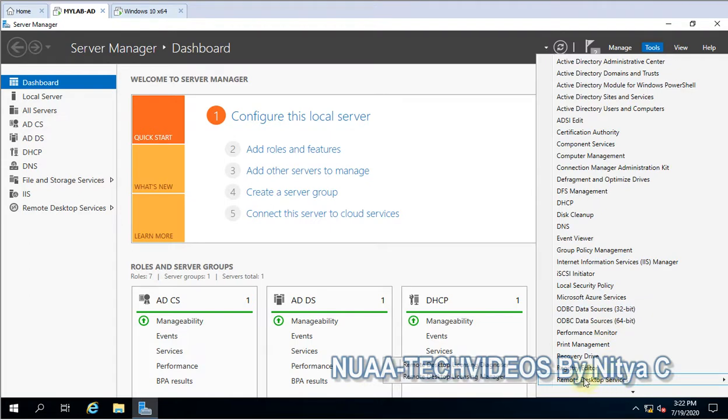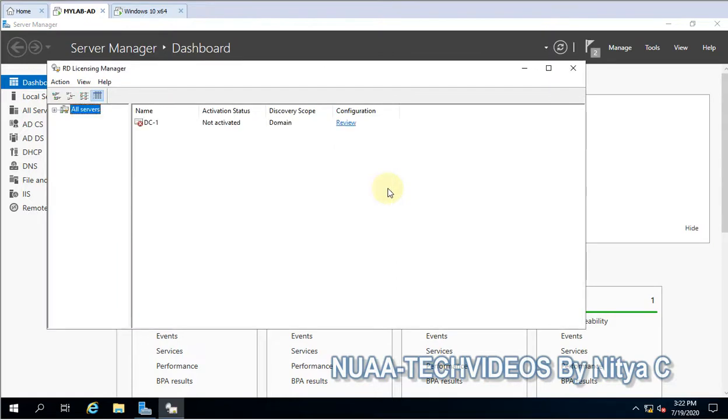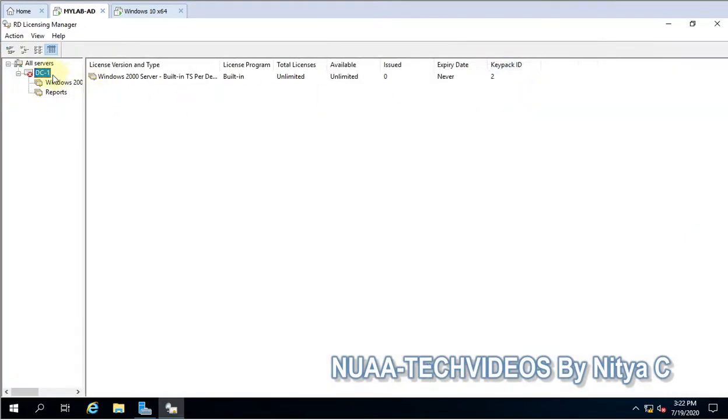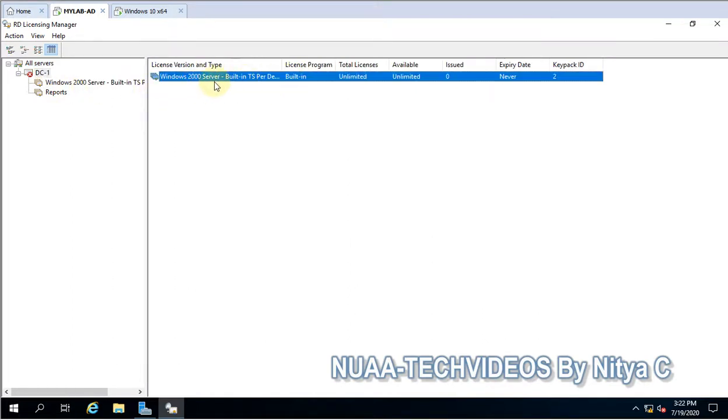After installation, you can see this service here, Remote Desktop Services, and the role, and you can see Licensing Manager. So we have to click on Licensing Manager first, and it will appear like this. This is the host name, DC1, and I have not installed any licenses, as you can see here.